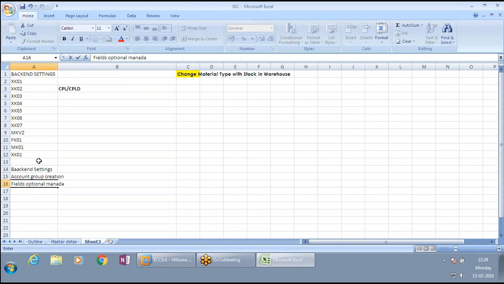Then number ranges, both internal and external. Number ranges and number assignments. We did assign the same thing across to the accounting group, right? We created number ranges SK and KS, and we assigned them across to the accounting group.